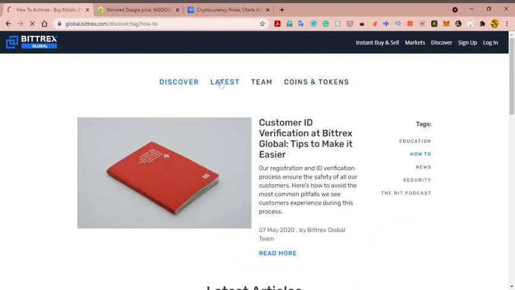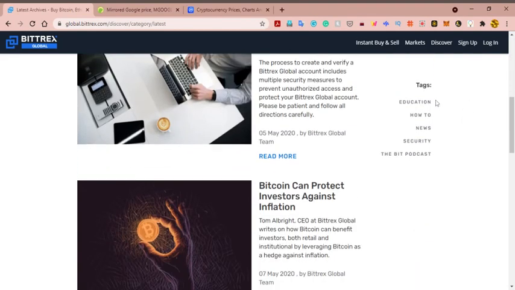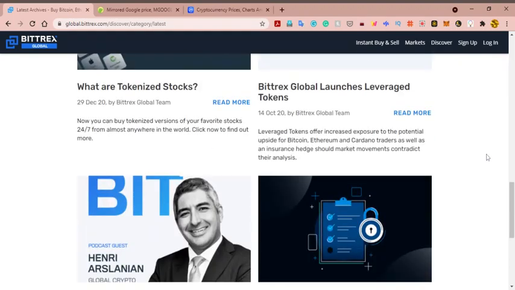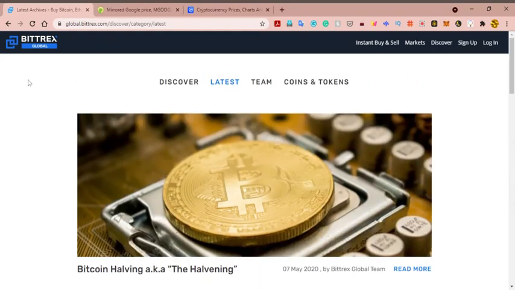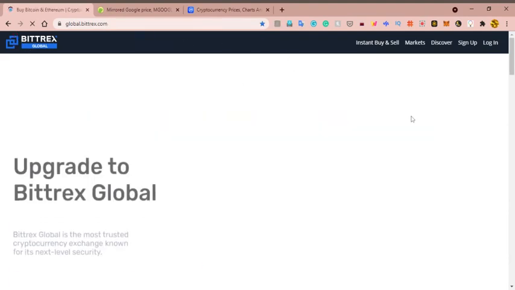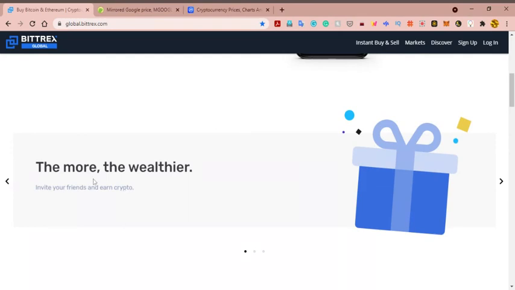Okay, so now going back to the latest, this is just your standard news articles. And again, you guys have all the tabs. So you're able to separate it through security, podcast, news, education, or find it all in one spot. Okay, really simple. So you go through discovering your exchange, you learn, and assuming that you like this, and again,